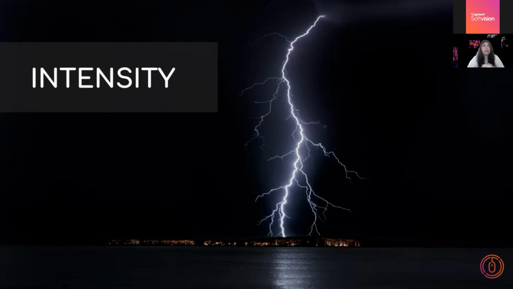Intensity. This is a hard one. I would say it's defined as the number of sound waves passing a 1 square meter area in 1 second. So how many sound waves are passing 1 meter in 1 second? This depends, of course, on the square of the amplitude, and we know that sound can travel through all 3 states,